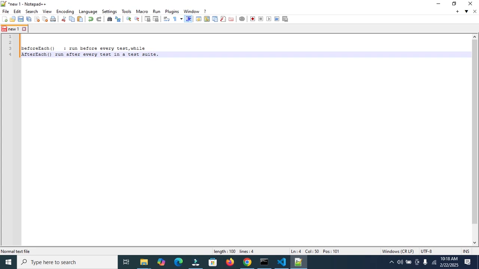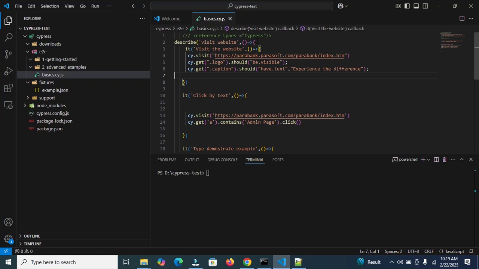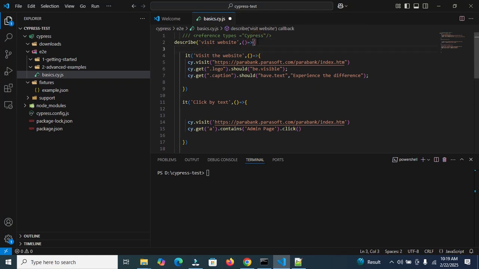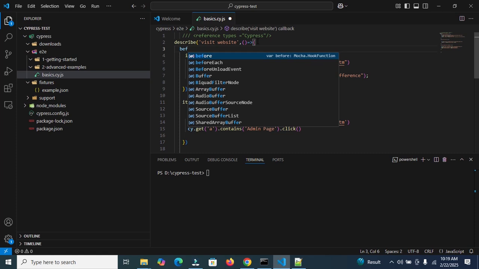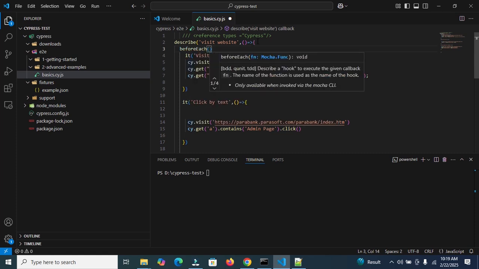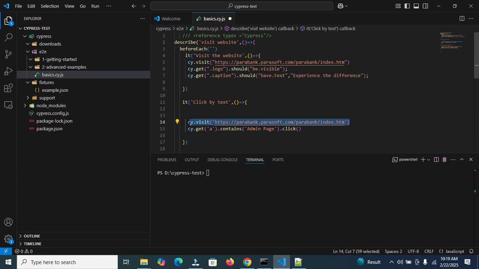Now, practically, I will show you how you can use beforeEach and afterEach. Open VS Code and enter here, after describe, beforeEach, and then enter the text here, beforeEach. Suppose we want to navigate to the URL before executing all the tests. So we can use here visit base website